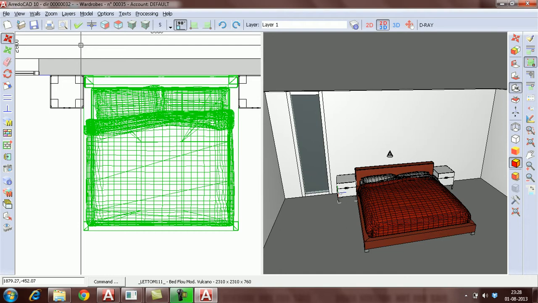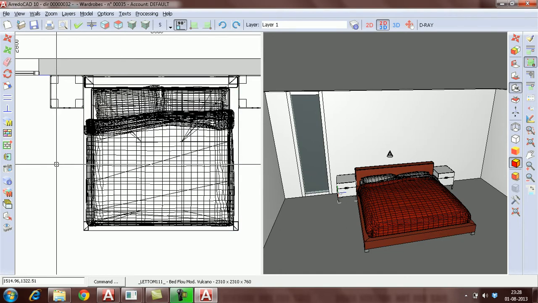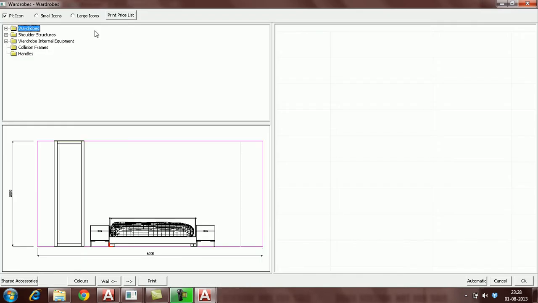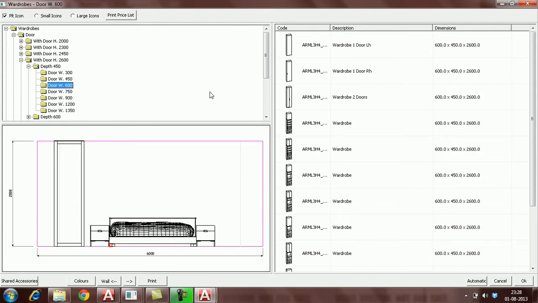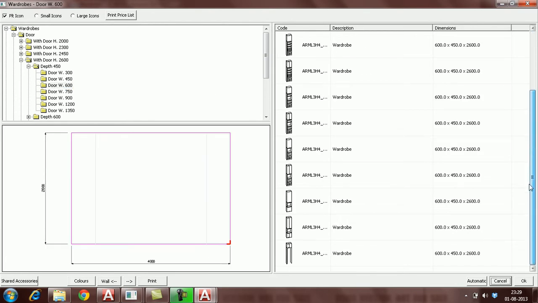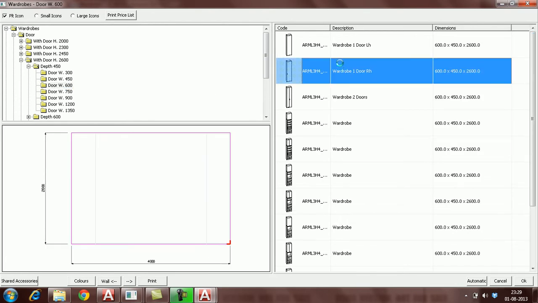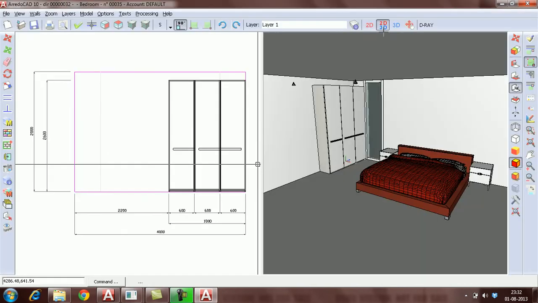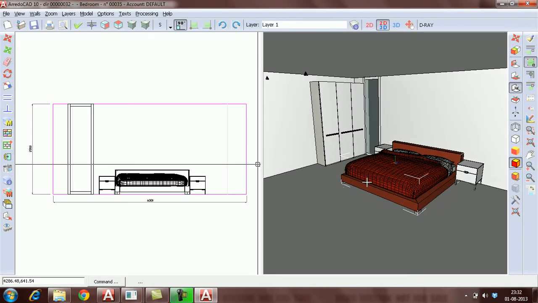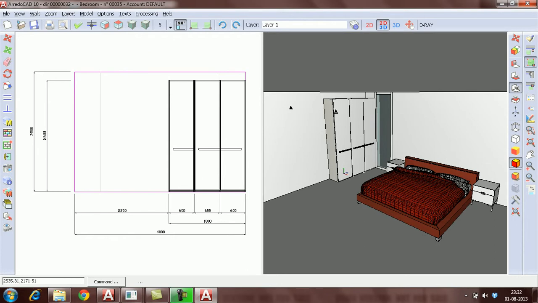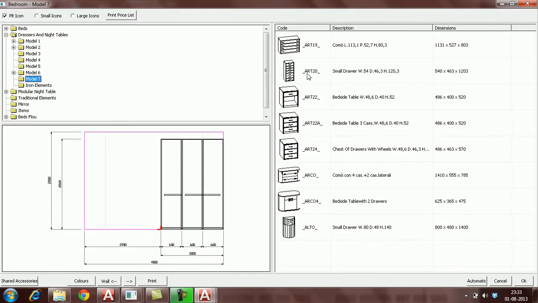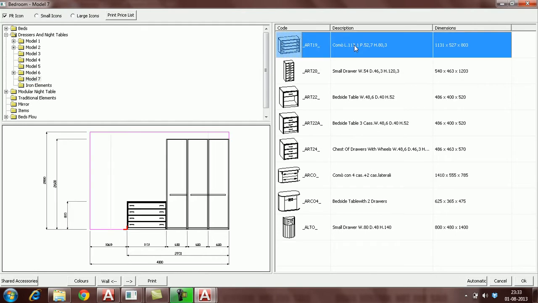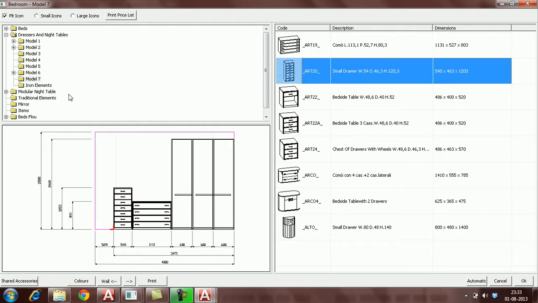The same procedure, go in Element Archive, right click, select the required wardrobe, door type according to the height, depth and the width. Select the required wardrobe from the library, double click. Same way I'll place the next thing, dressing table, element, select the I'll place a mirror,